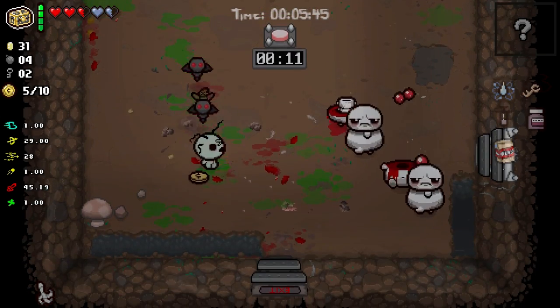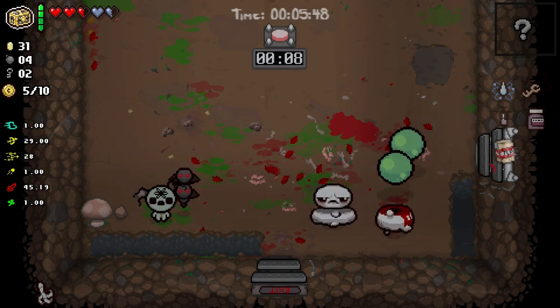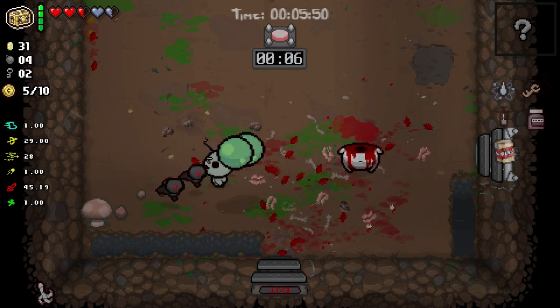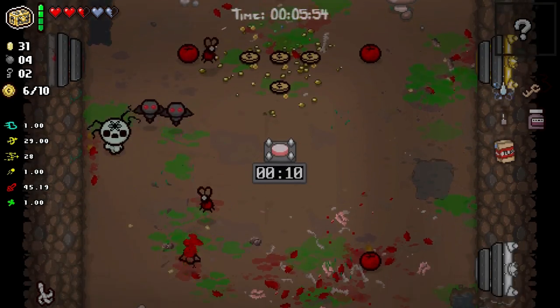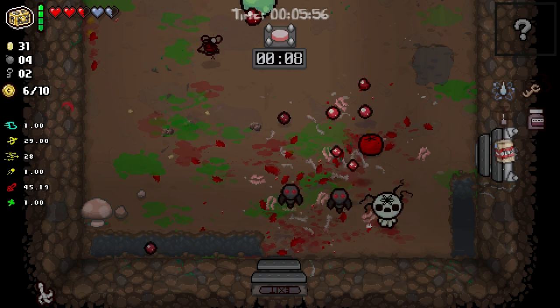The Host, I believe it's called. Gives us immunity to explosions and isn't a special item, so we don't have to worry about it not showing up like Pyromaniac. I rarely ever see Pyromaniac showing up, so...